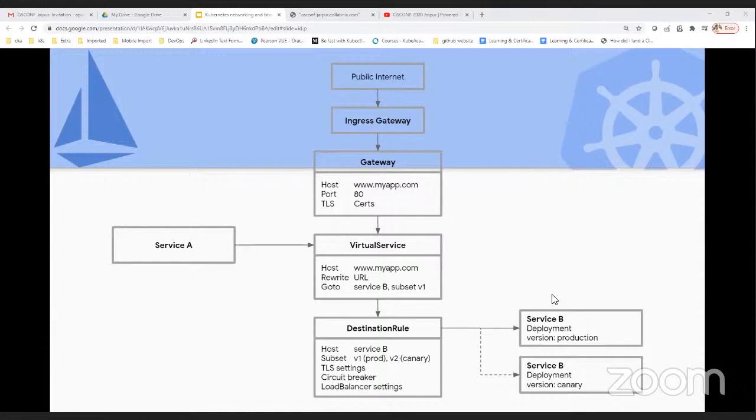Here I have written that if I'm hitting service A, it will go through the destination rule. I have written that my traffic will go to service B with version production, and version 2 is the canary, so that I can write it into the destination rule and route the traffic.